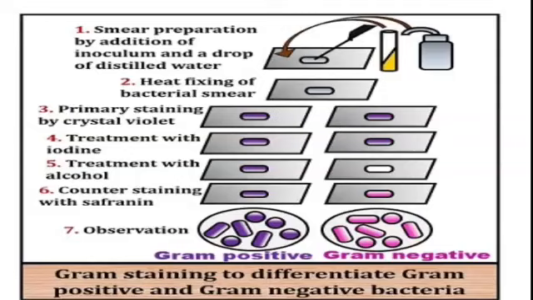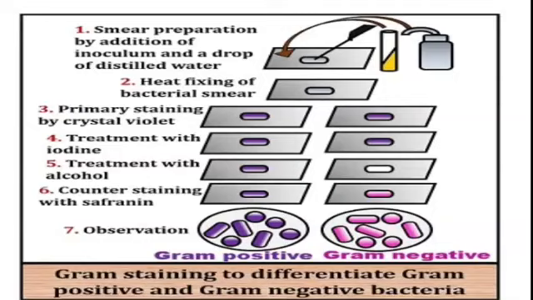So what happens in the gram positive? In gram positive, the color of crystal violet is present. It will not be washed off by the alcohol and iodine. Whereas in the gram negative bacteria, the cell wall will not retain crystal violet, because when it is washed with alcohol, it goes off. It becomes white again, and then when you apply safranin, it becomes pink.